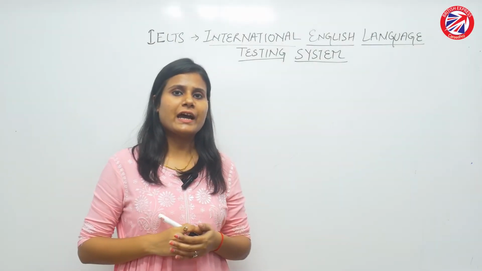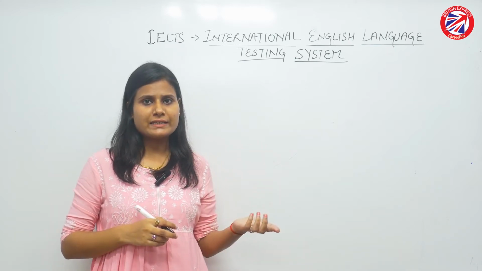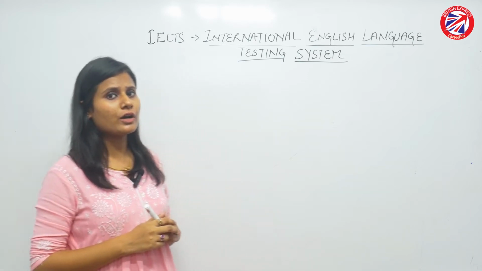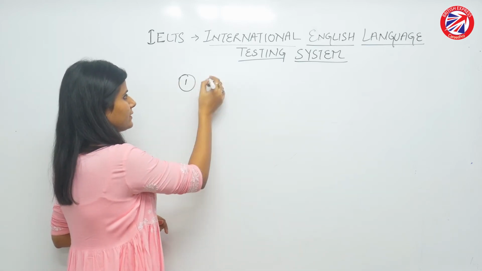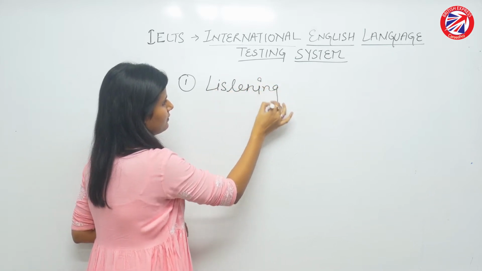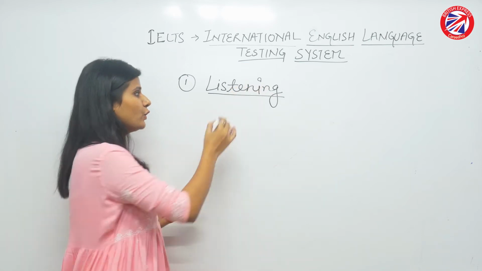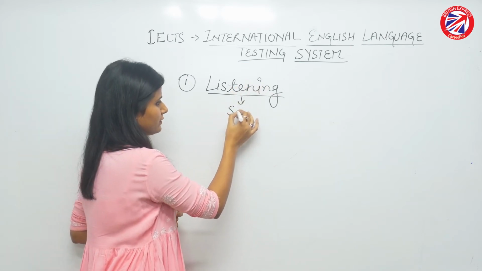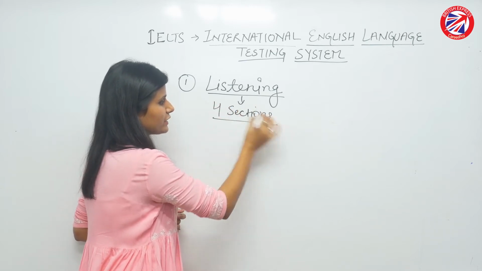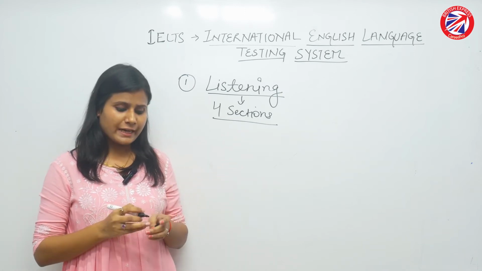So students, in IELTS we are having 4 papers in which we are going to know about listening, reading, writing and speaking. So first we are going to talk about listening paper. In listening, we are having 4 sections as well. Like 4 sections, and one by one we are going to know about these sections,